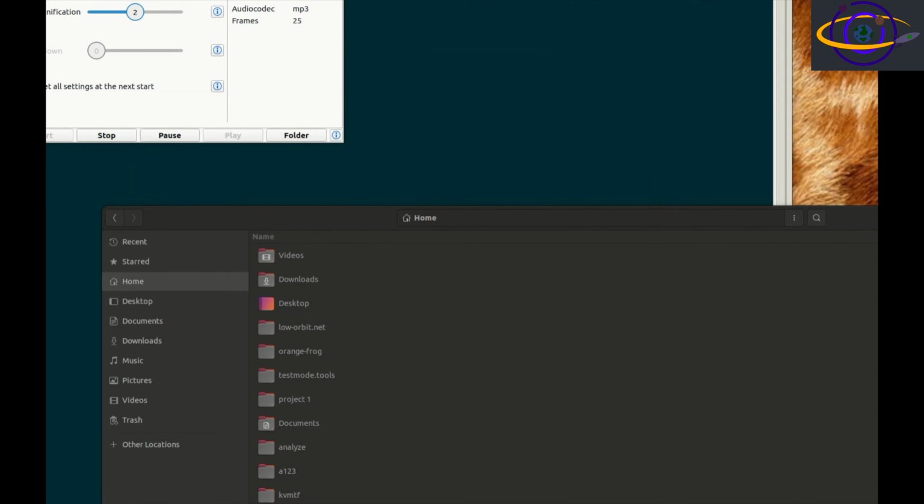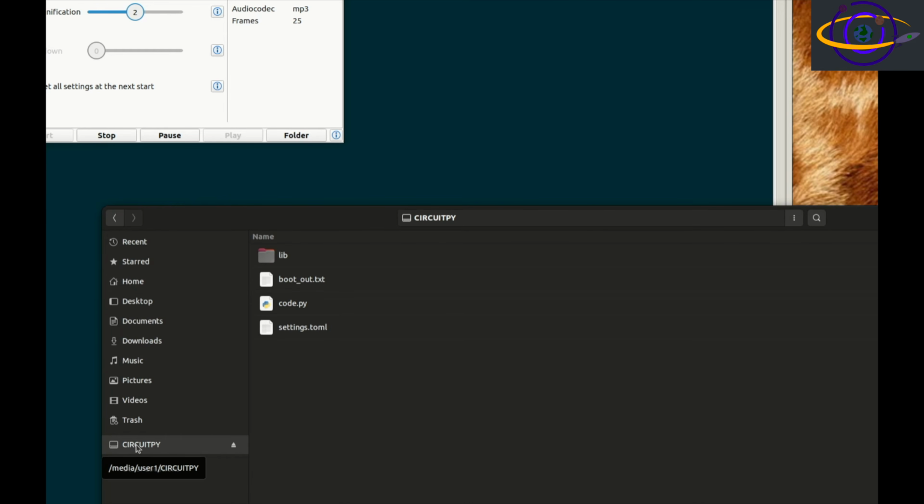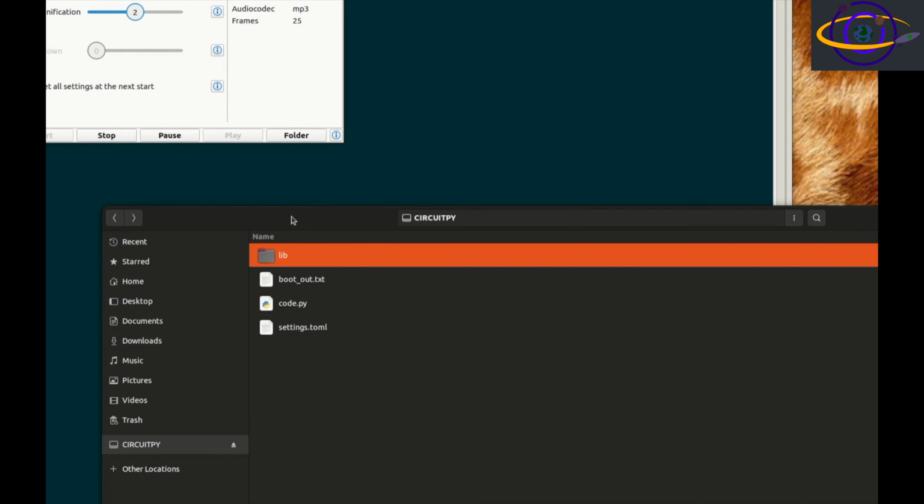And so we look over here and we see it's unmounted and it's going to remount as CIRCUITPY. So that CIRCUITPY drive there is where we'll copy all of our CircuitPython code. So we see it has an empty lib directory there, and that is